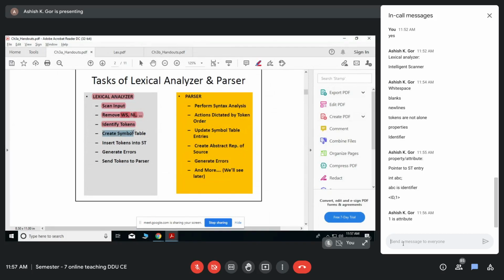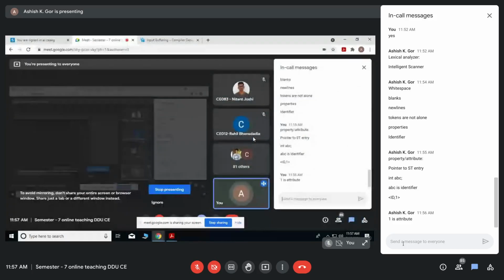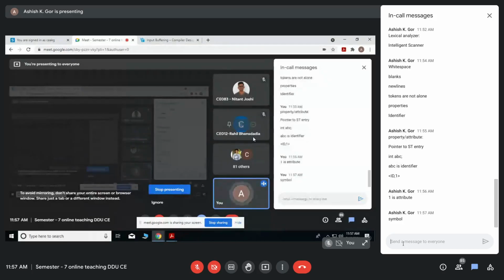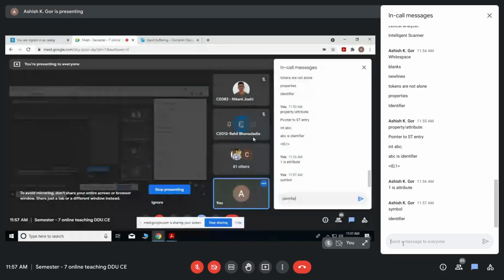What do you mean by create the symbol table? Because once you find the identifiers, identifiers are inserted into the symbol table. Symbol table has one field called symbol. Okay, a symbol could be an identifier. So these identifiers are inserted by whom? It's the lexical analysis phase which finds out the identifiers and inserts them into the symbol table. So creation of the symbol table begins with this phase, that is the lexical analysis phase.